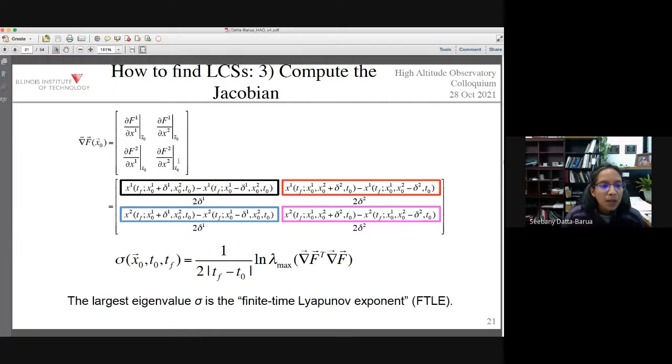And so those differences that I showed with the black arrow and the blue arrow, those are the numerators of each of these elements in the 2x2 matrix, the red and then the purple. And then you do a center difference by the initial delta offsets. So this 2x2 matrix